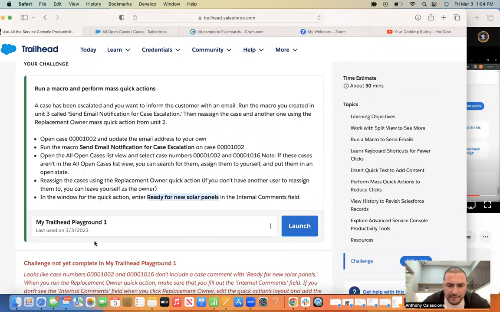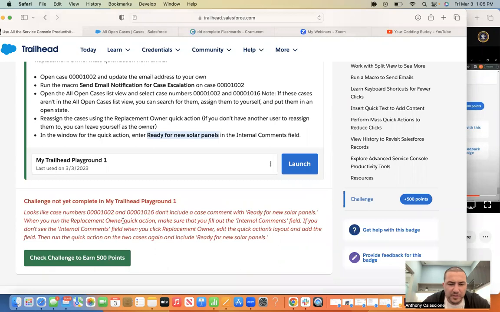Huh. Yeah, see, when you run the replacement on a quick action, make sure